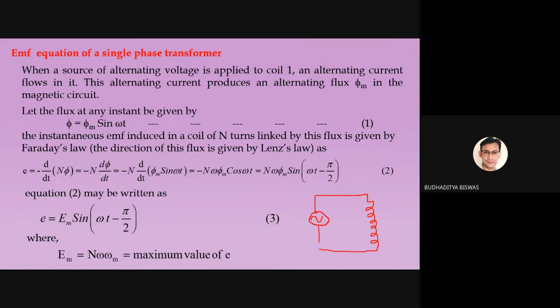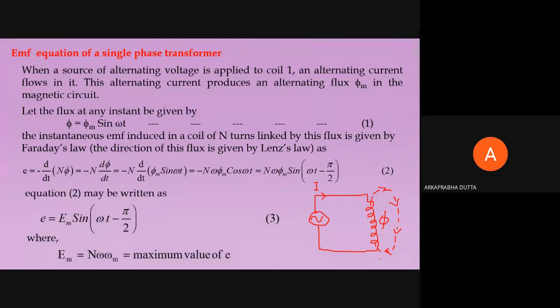How is the flux generated? Why is the flux generated in this coil? Forget about everything. Just tell me this simple answer. A winding is there, and an AC source is connected, and obviously as it is connected, some current, say I current, will flow through it. Okay. So after the flow of I current through this winding, what will happen? Some flux will generate. I think nobody has any problem understanding this one. This is a winding. If the winding carries an I current, then some flux will generate. Does anybody have any confusion regarding this?